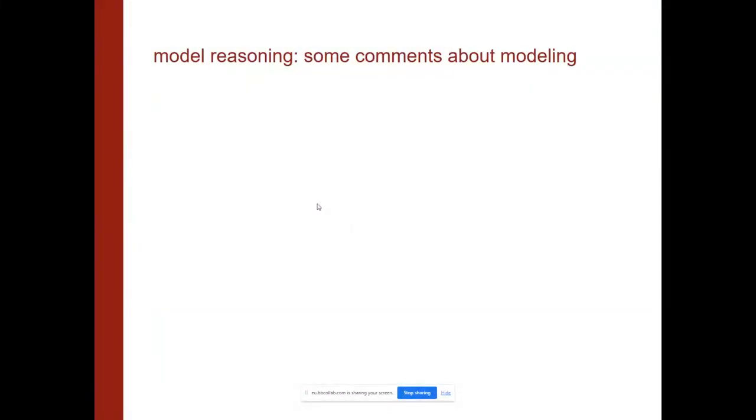The last sort of set of thoughts about model reasoning before we hand it over to Jordan to talk about the new outcome reasoning way. Everything I just said about models was summed up really well by George Box a long time ago. All models are wrong, some are useful. And I think we all love this quote as statisticians because it rings true. What he's saying, I think, is that all models are propositional. We didn't force them to be true in the way that we can with a warranted reasoning, but over and over again, they tend to be useful. And I want you to walk away with that. Everything I just said is more detailed, but Box got that so right so quickly.